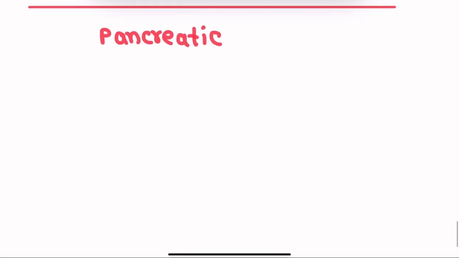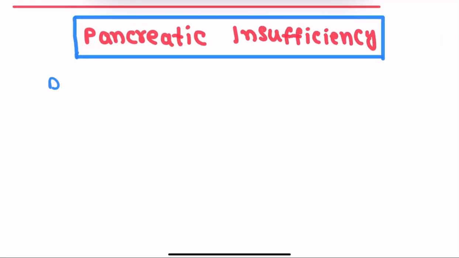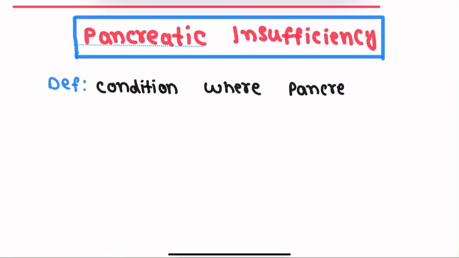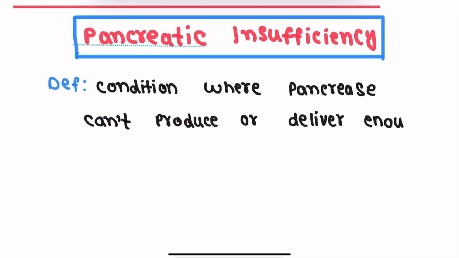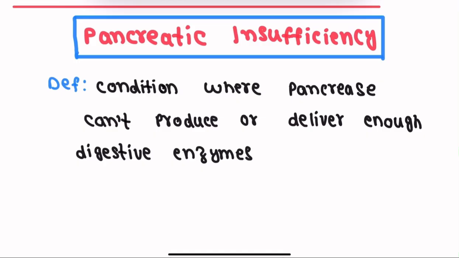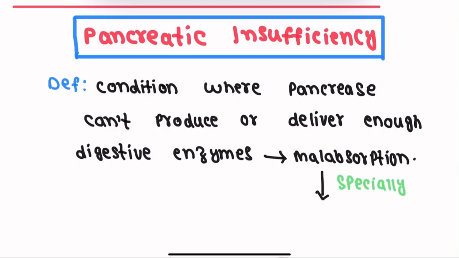So dear students, today we will talk about pancreatic insufficiency. Pancreatic insufficiency is a problem where the pancreas cannot produce its exocrine enzymes. So we will say the definition: it is a condition where the pancreas cannot produce or deliver enough digestive enzymes, and this results in malabsorption. This malabsorption is specifically fat malabsorption because fat-related enzymes are